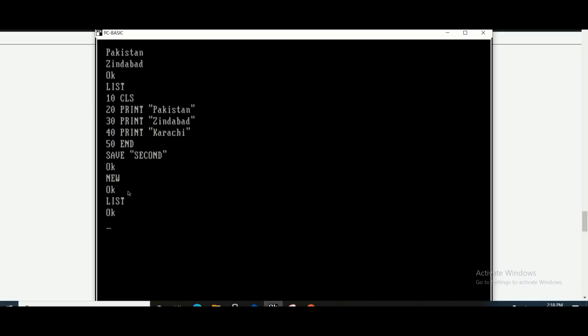Then if you want to start a new program, you use the new command, and I have given you this warning that before using the new command you must save your program. And the run command also we have discussed, that the run command is also used in direct mode. Whenever you need to see the result of your program, you use the run command.